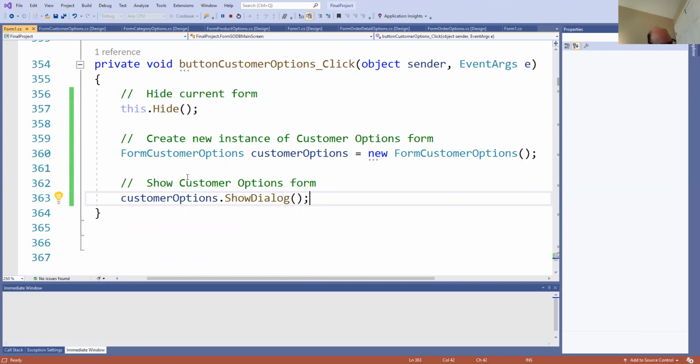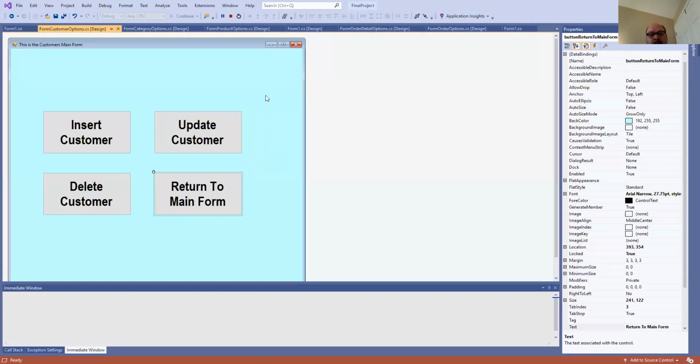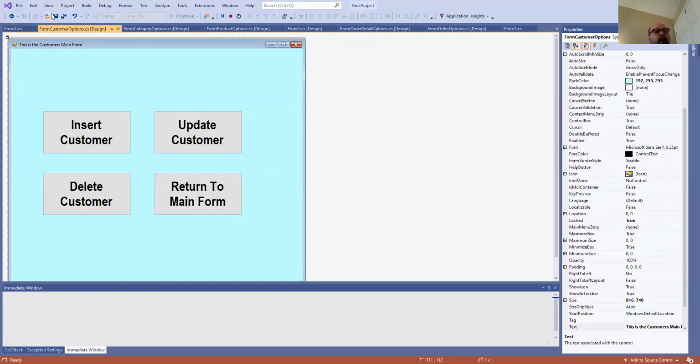Angie, let me know when you're done. Got it. All right. Just because I don't feel like constantly jumping back and forth, I am going to go back to my customer form right here. I'm going to click on the form, and I don't care really about tab order. I don't know which one of these I would want to click, but I guess I will. You know what? I'm going to set